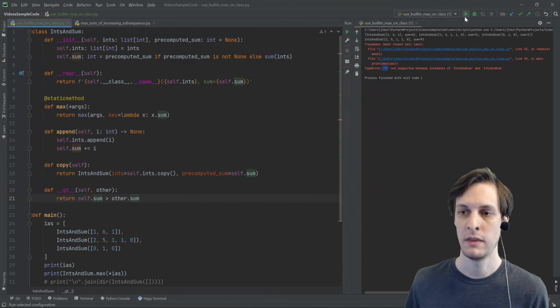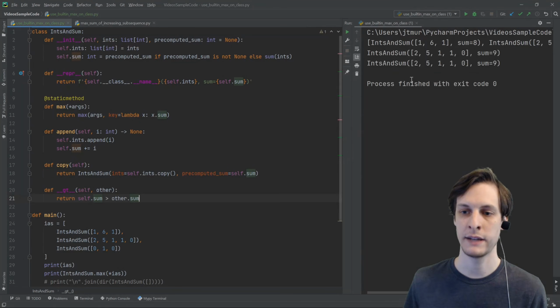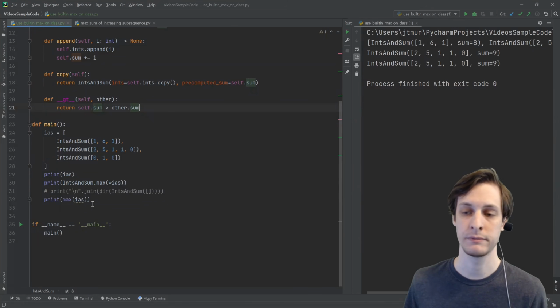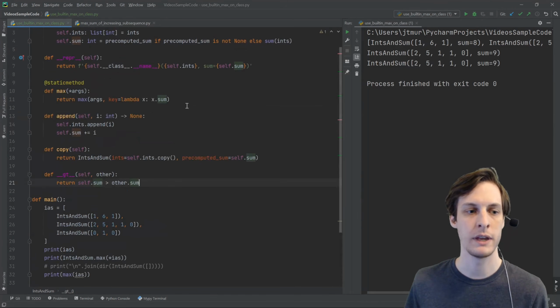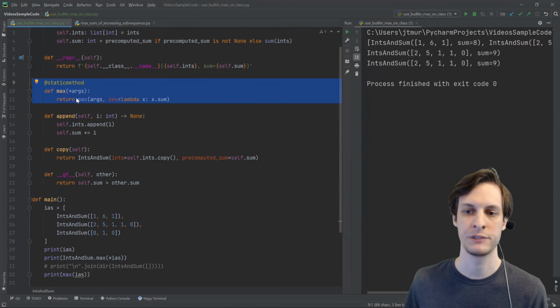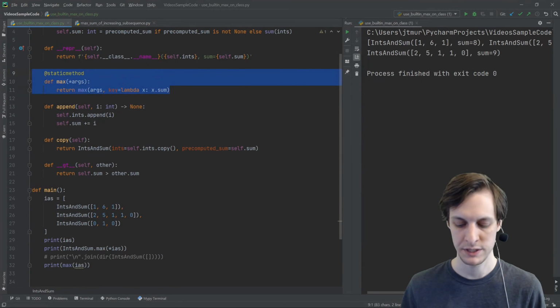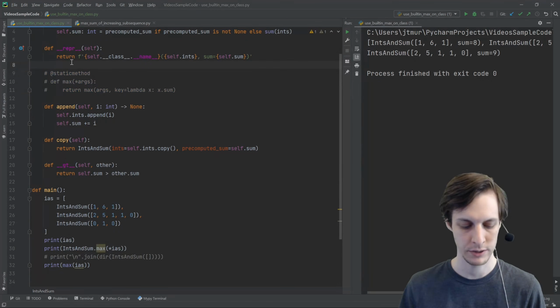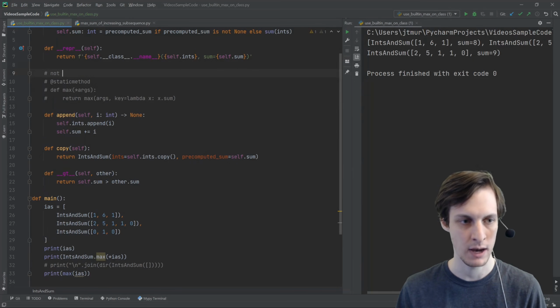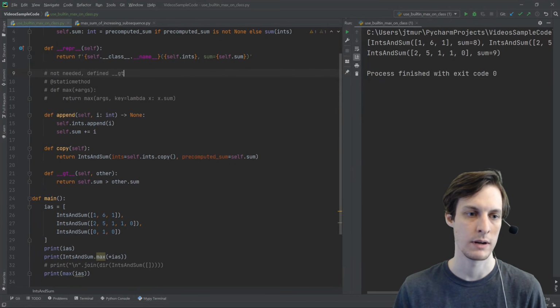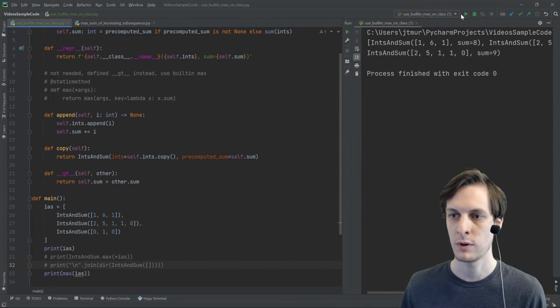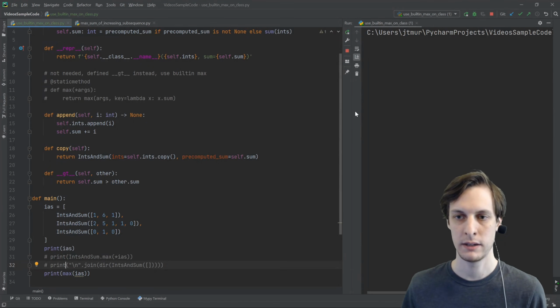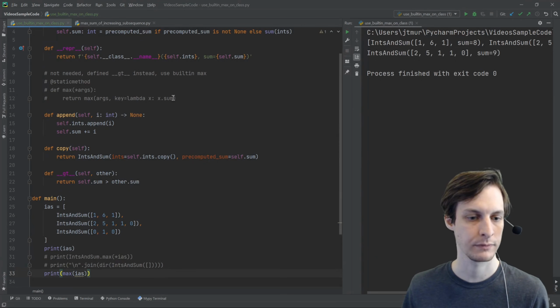And if I do that, then magically you can see that the built-in max operator just works. So if I had been thinking, this is probably what I should have done rather than defining my own specific max function. So for the purposes of this video, this max method is not needed at all. So let's just go ahead and comment that out and mark it as not needed, defined greater than instead. Use built-in max. And so here we no longer need to do that. And of course, when we run it, we are using the built-in max.